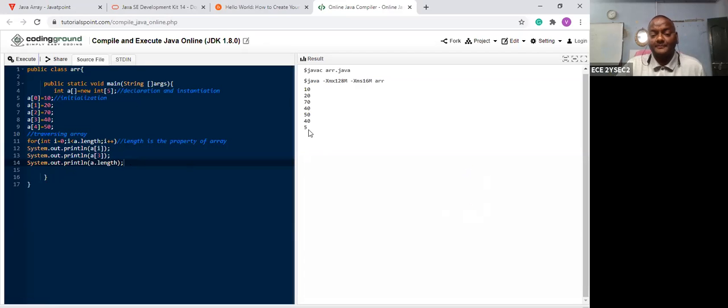So can you please see this? This is the 5. 5 stands for the number of elements in an array. So now you are understanding that you are creating the new array. Next, you are assigning the values to the array. You are printing the assigned values in the array. Next, you are finding the data at a specified location. Okay, you are accepting the specified data, and you are finding the length of the array.